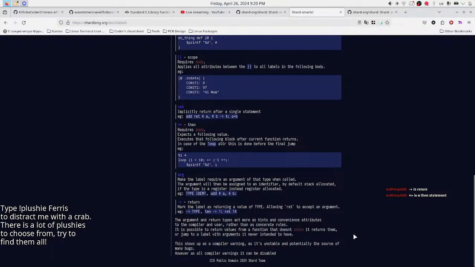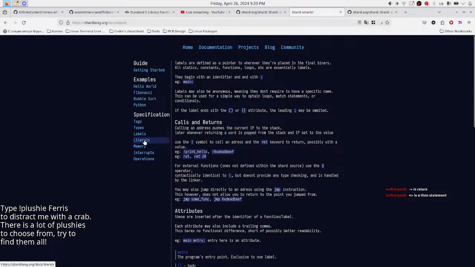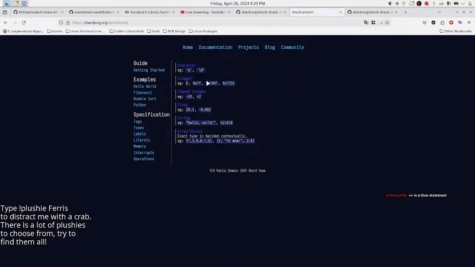Yeah, nice. Sometimes I'm surprised by how blind I am. So labels, literals, character. Wow, those quotes really throw me off. Binary, octal, hexadecimal, all good. I still don't understand why you need octal literals, but I still included them even in my language. Signed integer: if I put plus before any integer, it's going to make it signed. Float. String.